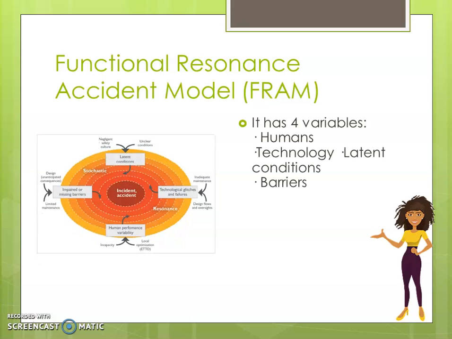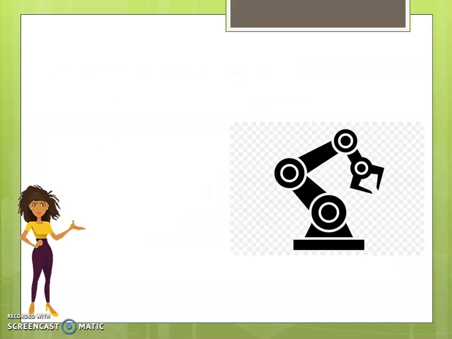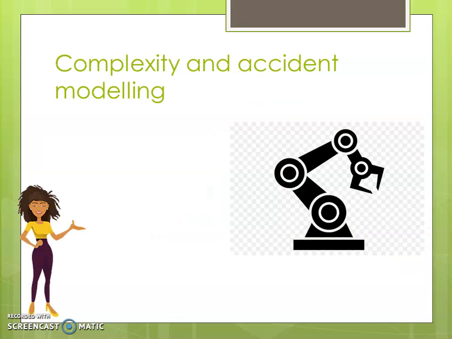This model is three-dimensional and seeks to break the linear models and combine them in the possible ways. It postulates that accidents occur because the system has a tolerance to such variations, and when one case does not support it, it considers that there are four variations: humans, technology, latent conditions, and barriers. This explains that when the variations grow, the system will not be able to absorb them, so their effects will be unexpected and undetectable. Model of complex accidents.